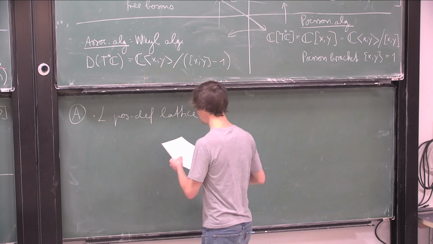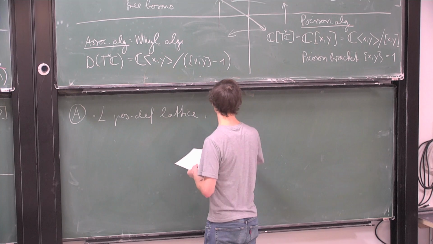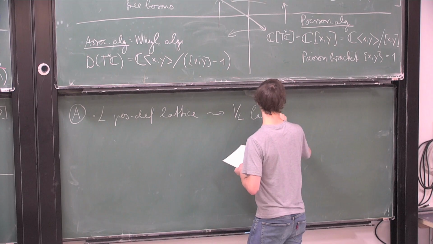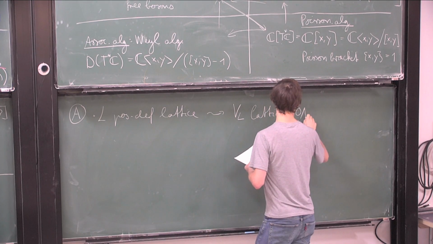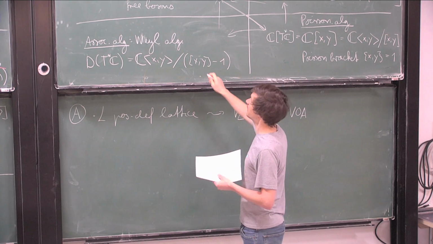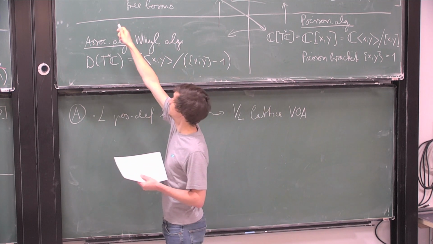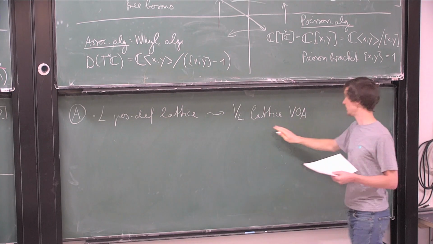And then there's a construction of a lattice vertex algebra. So you get from this a vertex algebra V_L, the lattice vertex algebra. Actually, there's a difference between vertex algebra and vertex operator algebra, but it doesn't matter for us, and it's just abbreviated by VOA. Okay, it's easier to say. So we have lattice VOAs,